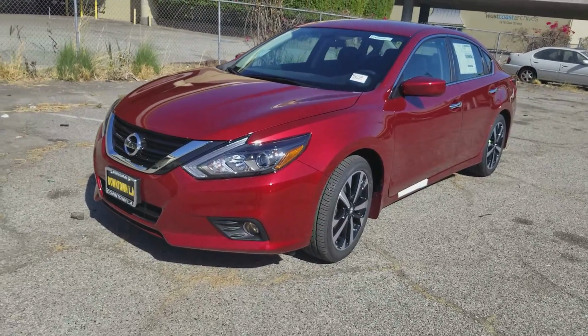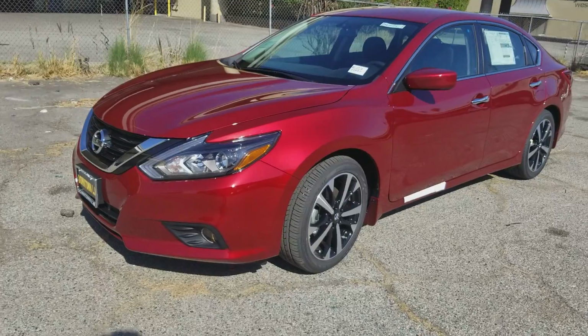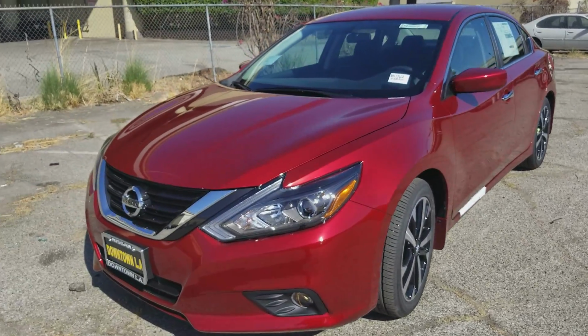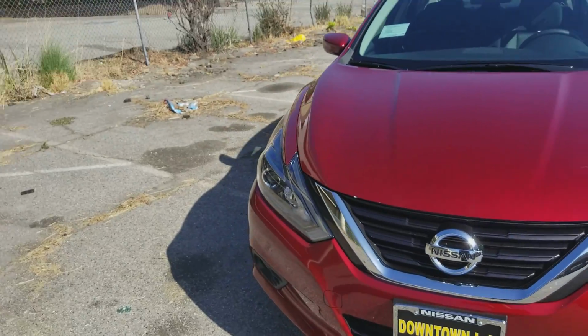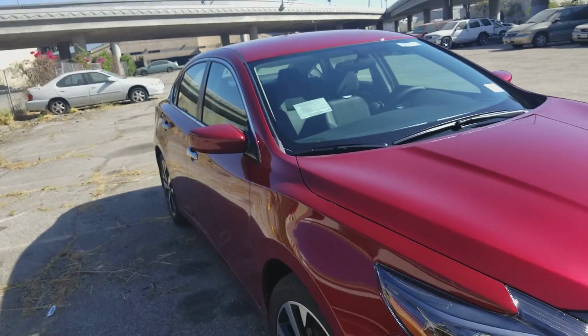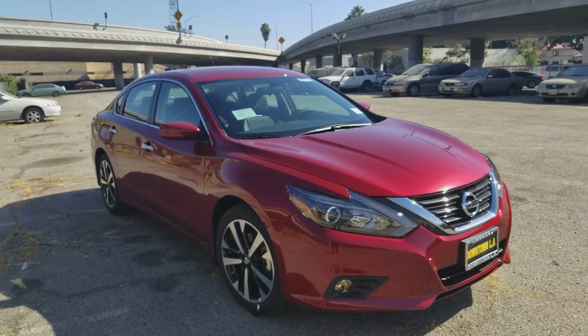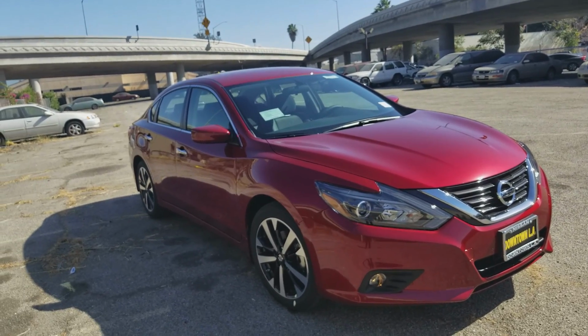Today we're taking a look at the 2018 Nissan Altima. In this video we're going to be covering what features are new for the 2018 model year. The model we're taking a look at today is the SR. We're not going to go into in-depth features with the SR. We're only going to be covering what features are added for the '18 model year or what changes have been